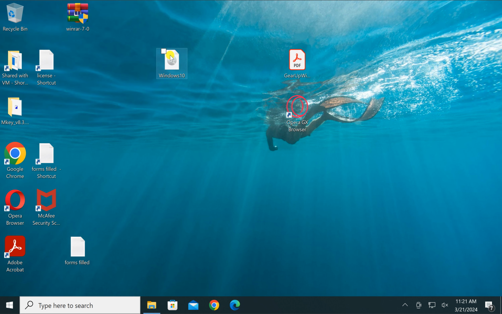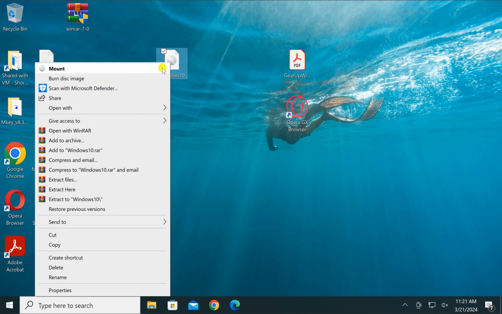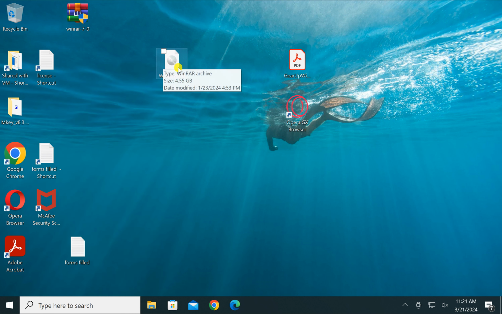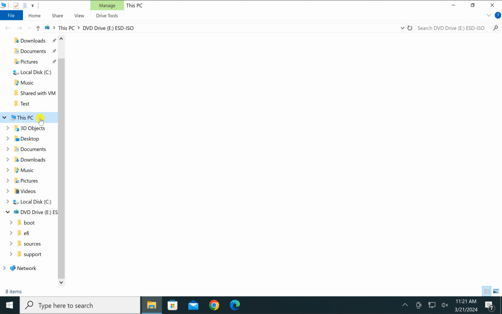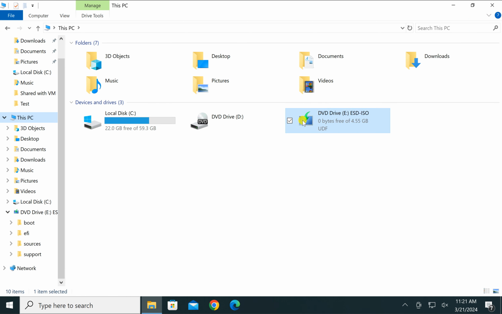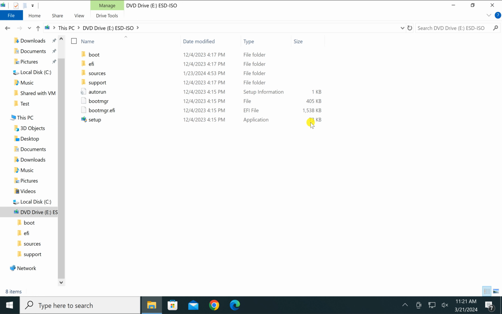From now onwards, when you select any ISO file and right click on it, you will find that the mount option is restored at the top in the context menu. And to mount any ISO file from now onwards, you can just double click on the ISO file and it will be mounted as a CD drive on your Windows 10 PC,